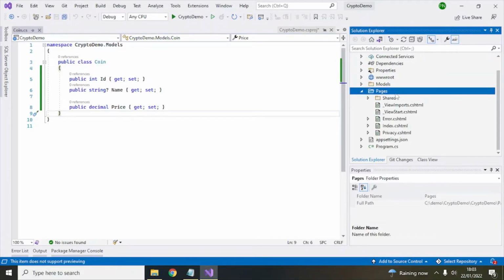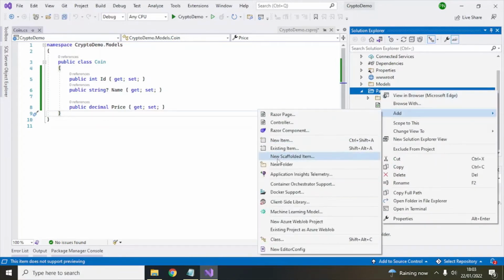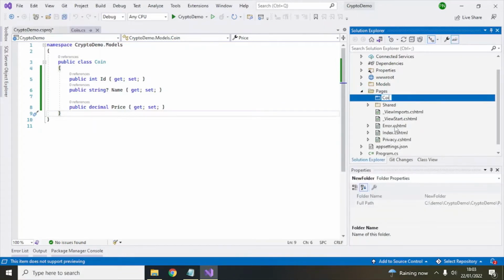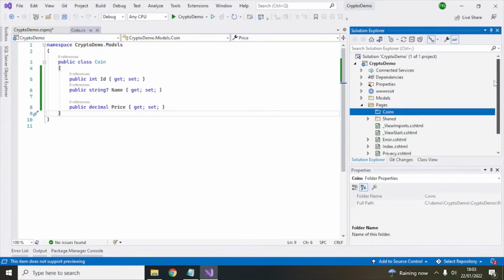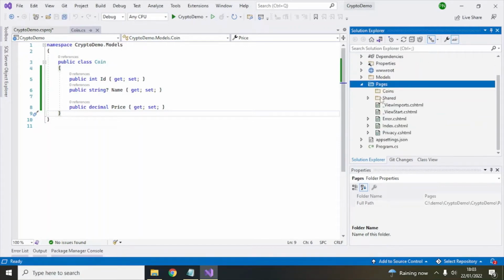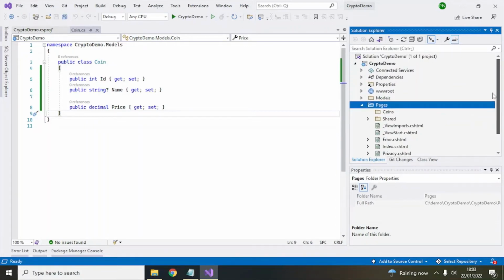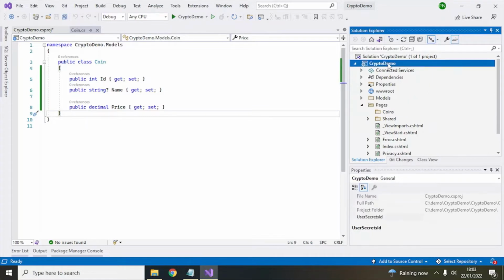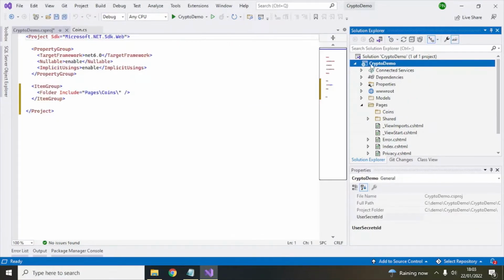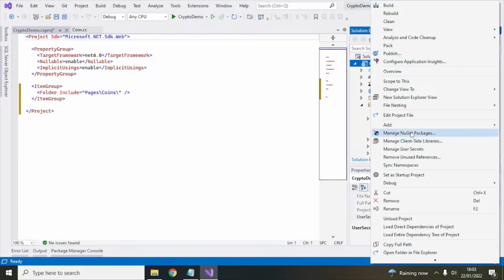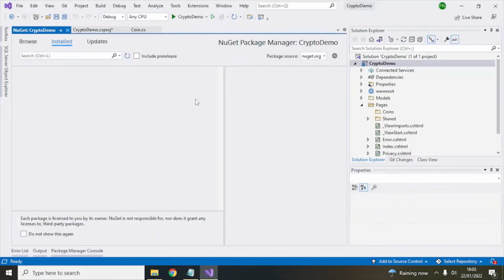Now the next step is to create a page. We'll create one folder here called Coins. We'll leave it as it is, and since we will be using a code first approach, the next thing is that we have to add a NuGet package. Okay, so right click, manage NuGet packages,